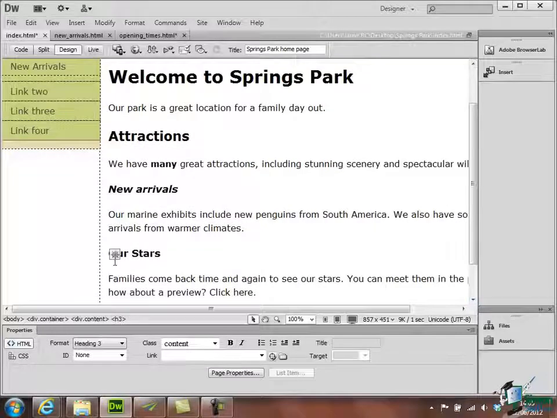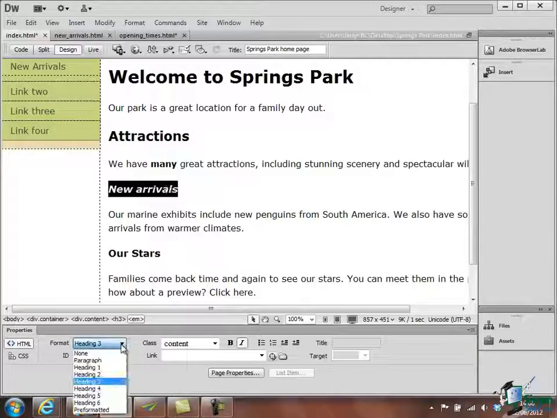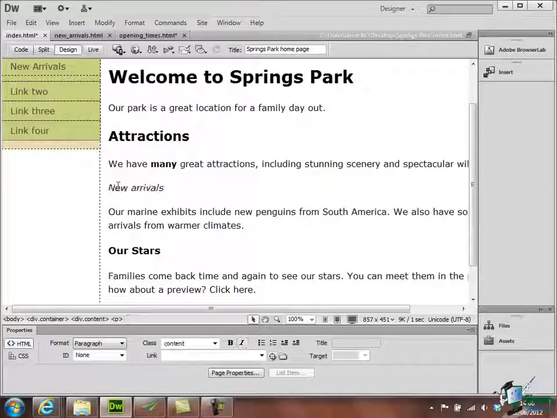Now similarly, if you look at our stars, that's an H3. Remember, it'll have an H3 tag. New arrivals has an H3 tag as well. They're both subject to the same format here. The difference is that I've applied an additional format, in this case italic, to one of those headings and made it a bit of a non-standard heading really. If I were to select it and say I want to make it paragraph instead of heading 3, let's put paragraph on there. Note that the italic part, the specific italic part that I applied, has been kept. Now let's put that back to heading 3 again,